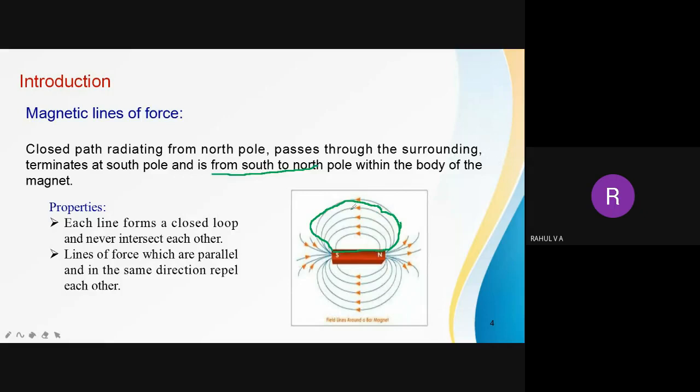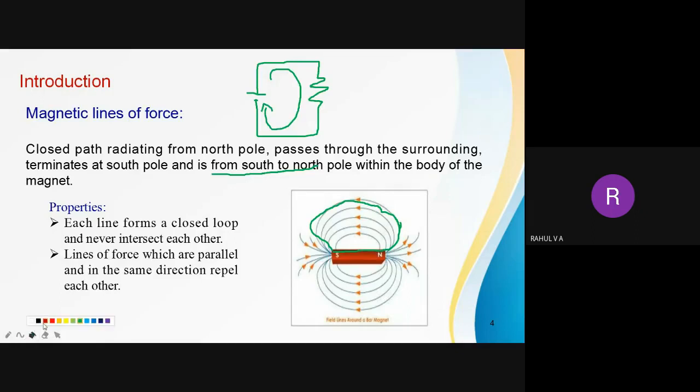So we can say that it is similar to current. What is the specialty of current? When current flows, it will start from a battery or a supply and it will come back to the supply. Okay, it's a closed path actually. From where it is starting, the current will reach that same point.